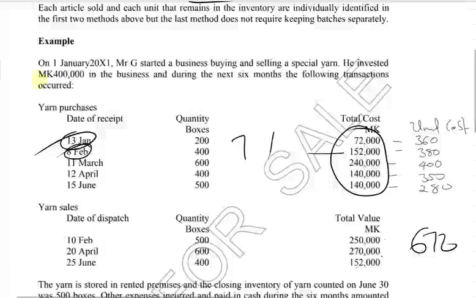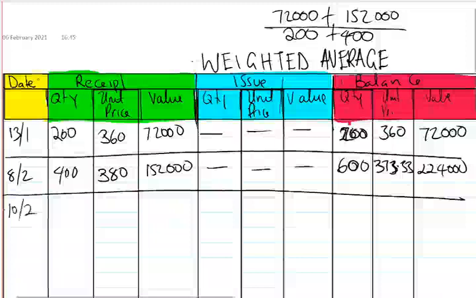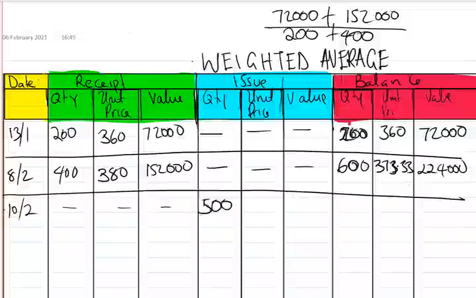The next is on 10 February, they actually sold 500 units. So on 10 February, they sold, not received, 500 units. What is the value that we're going to use? We're going to use the recently calculated weighted average. In this case, the recently calculated average is 373.33, because we only calculate weighted average when there's a new consignment, not when we issue. So if you multiply 500 by 373.33, we should find